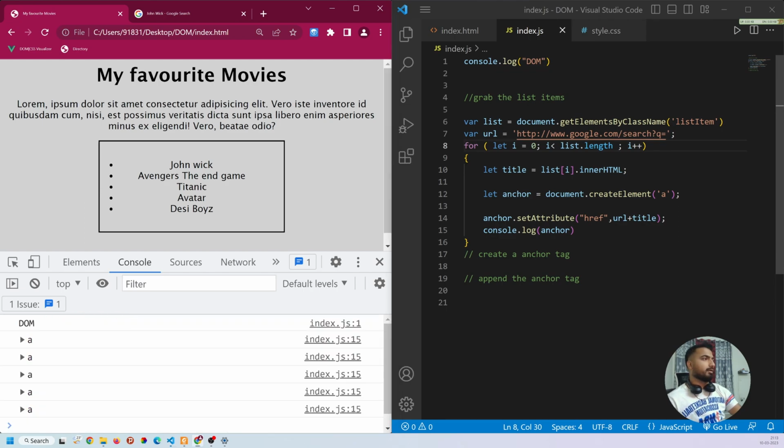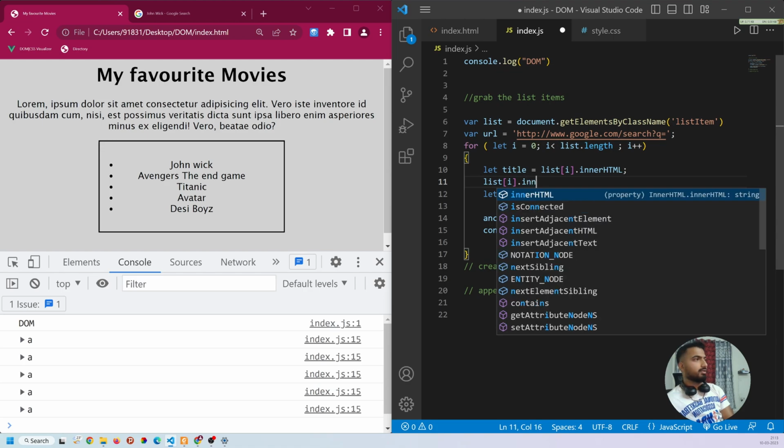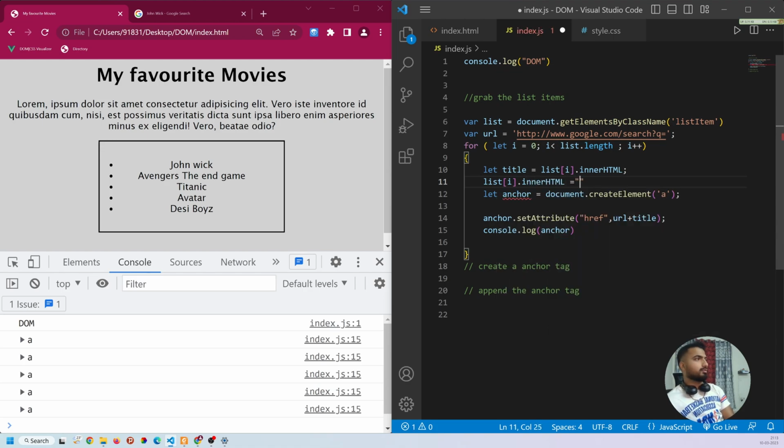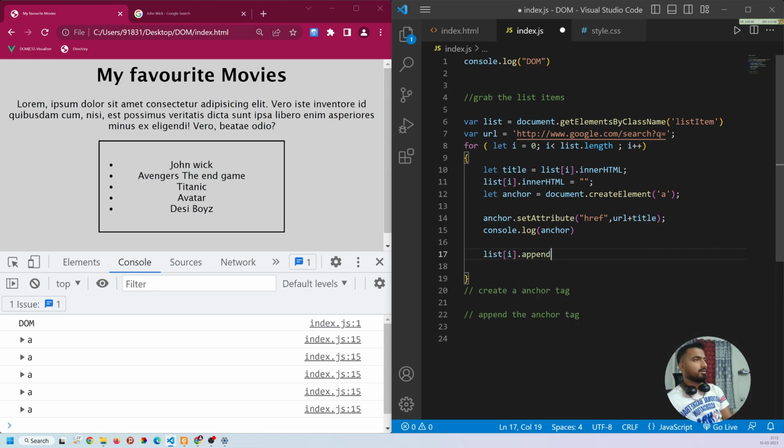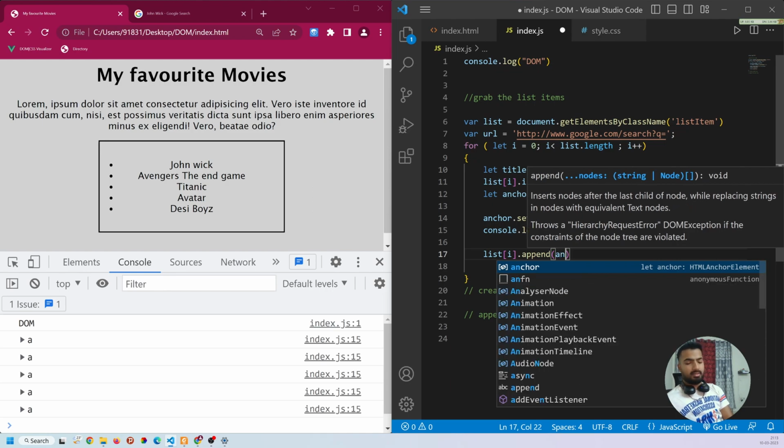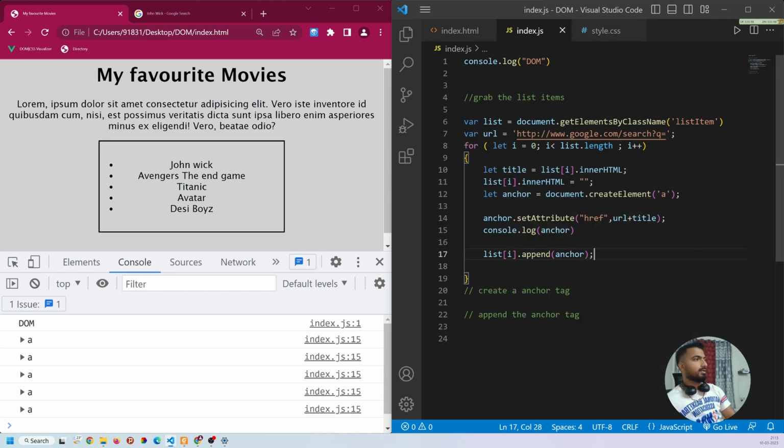Now I want to append them, right? Append it to the li tag. Before that, I'll also clear the title inside the li. So for that, I'll just do list of i dot innerHTML equals to nothing, blank string for all. And after that, I'll do list of i dot append the anchor, right? And then save it. Let's just refresh it,